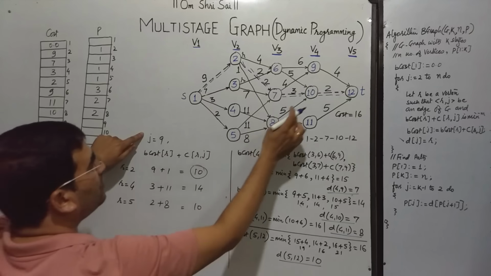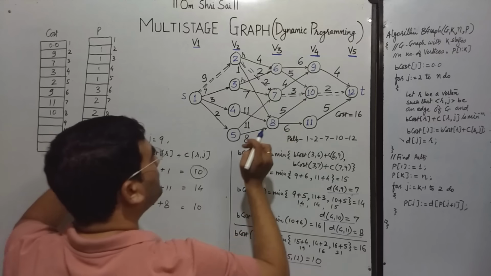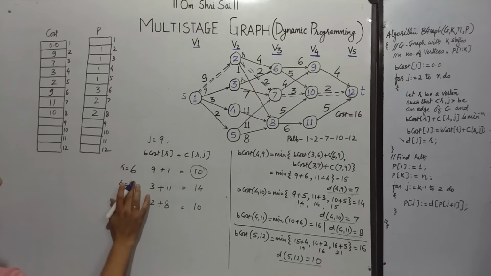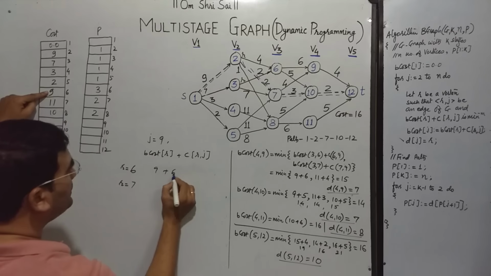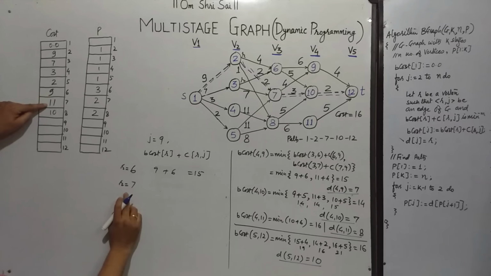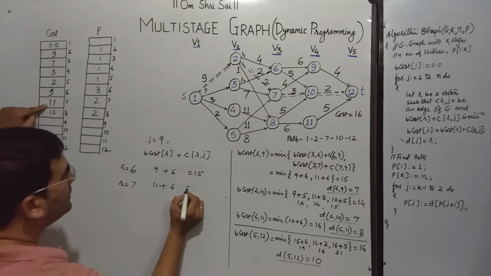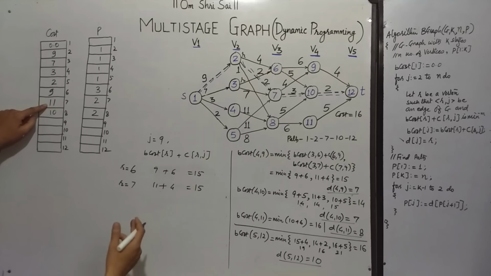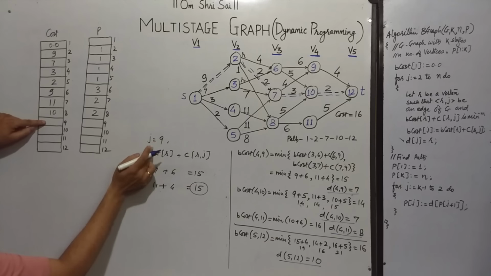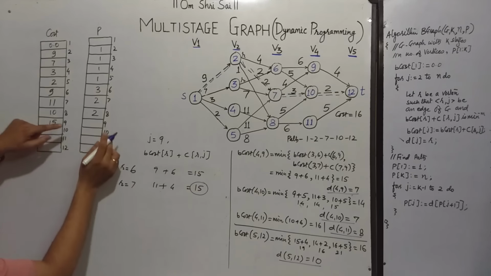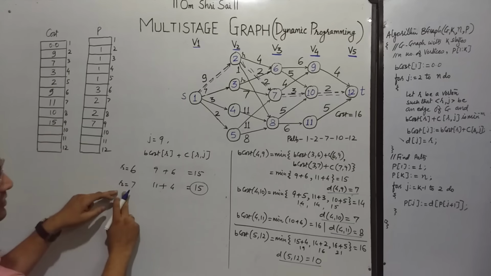Now j is equal to 9 के लिए r कौन कौन हो सकता है 6 and 7 because 6 और 7 से आप 9 पे आ सकते हैं. So here it will be 6 and here it will be 7. 6 that is 9 plus 2 9 के लिए what is that distance 6 that is 15. Then cost of 7 that is 11 plus 7 to 9 के लिए cost कितना है 4. So that is 15. Both are same. We can take any value. The cost is 15. So j is equal to 9 के लिए cost क्या आ जाएगा 15 and the r value will be 7. Let's say for example 7. ये वैल्यू हम लोग ने यहाँ पर ले ली.